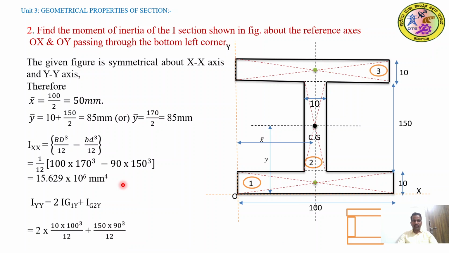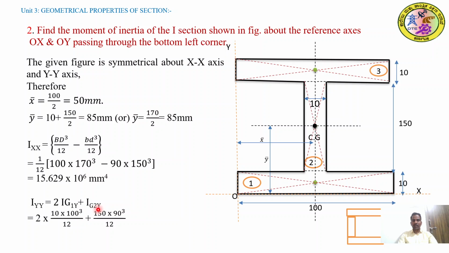The formula for the flange with respect to the XX axis is the moment of inertia of the first flange, and the second one has the same dimension and the same depth. Therefore 2 times 10 is the depth of the section with respect to the YY axis, and 100 is the width, divided by 12, plus